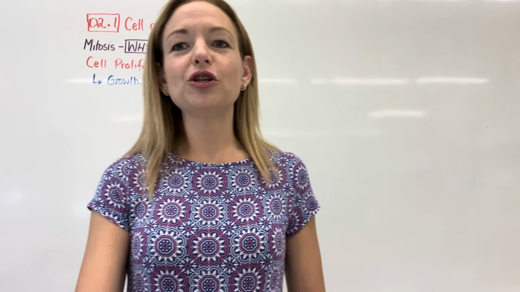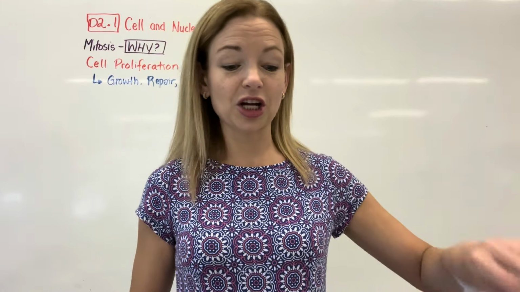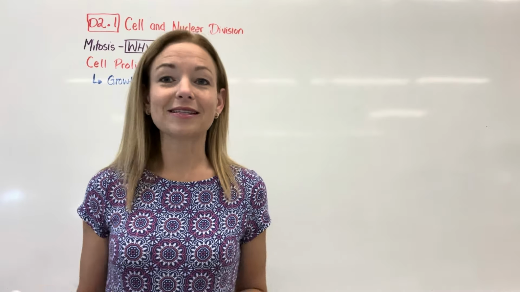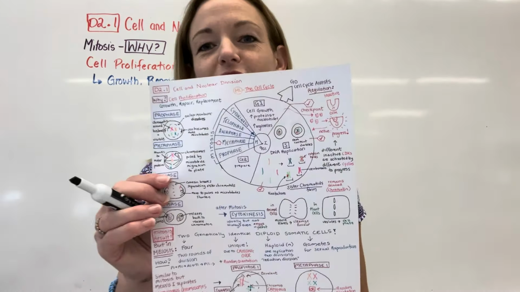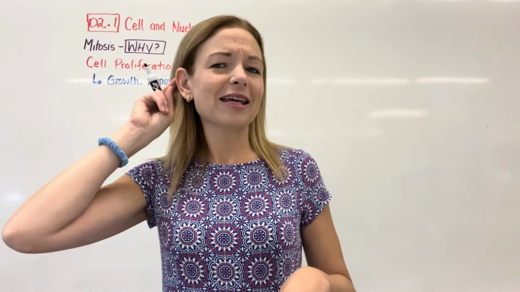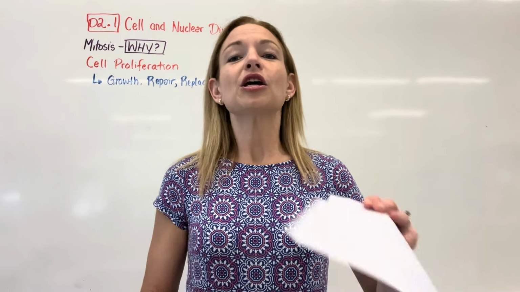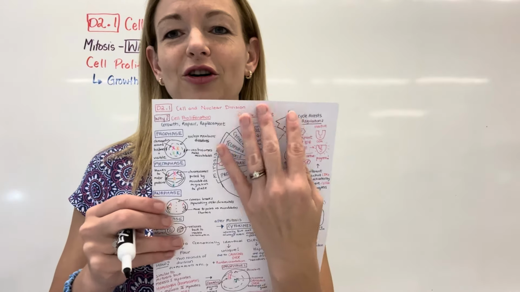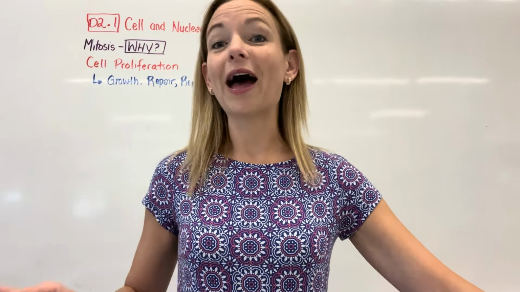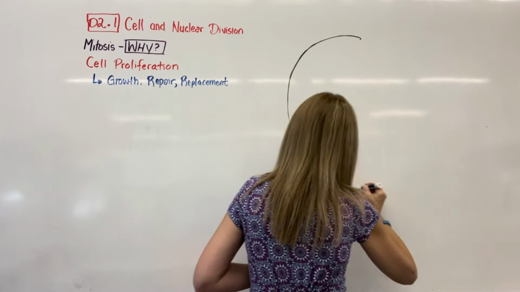Okay, so that's our why. My board is going to be about half of your page, under half if you can manage. So we are going to draw a fairly large cell cycle. Mine is not the world's most beautiful circle. If you have something you want to trace, do that. If you are SL, you don't actually have to know the cell cycle, which is strange to me. You only need to know the stages of mitosis. So if you are SL, you can ignore the big circle, and I'm going to do the stages of mitosis down the side, and you can take the whole space for that. But if you're HL, you do have to know about it in the context of the cell cycle.